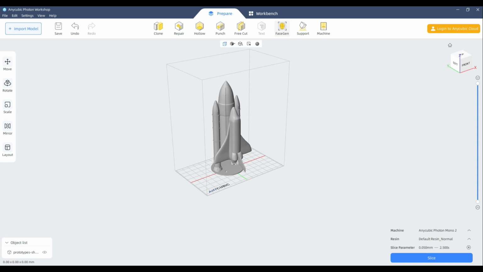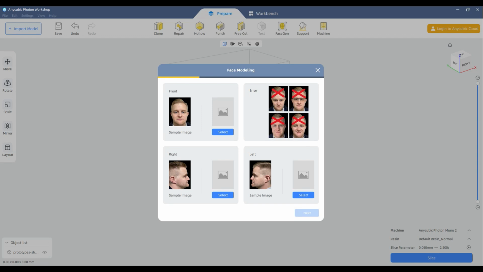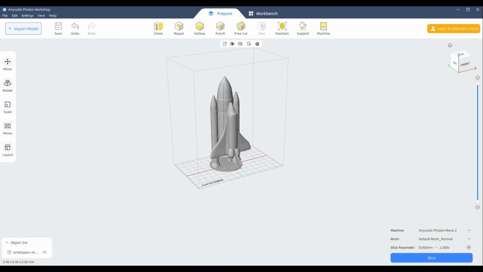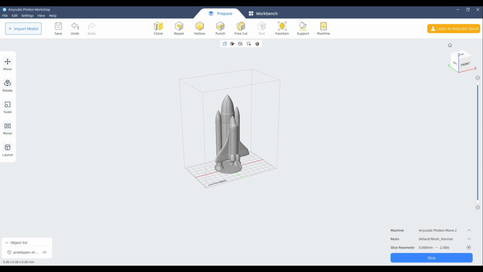The next one is face gen. I've never touched that, and I probably never will. I'm not looking to do any faces, so I'm not going to do any face modeling, that's for sure. Now, the main question here is